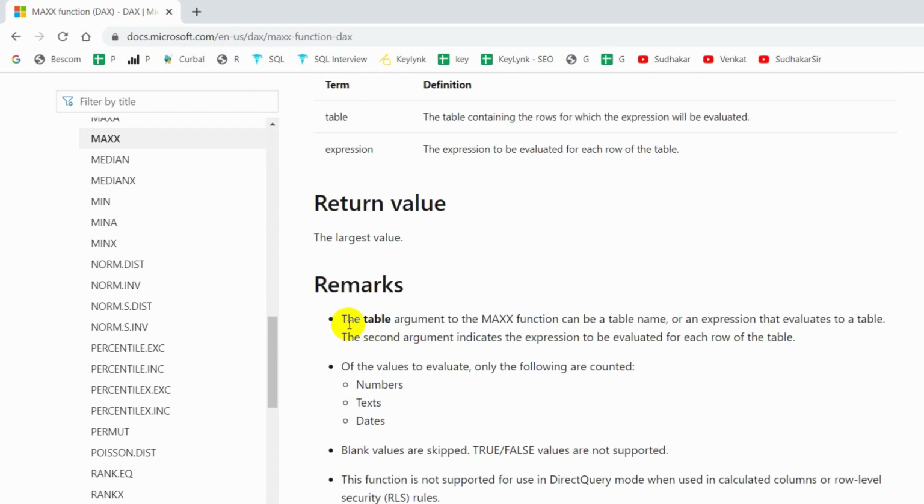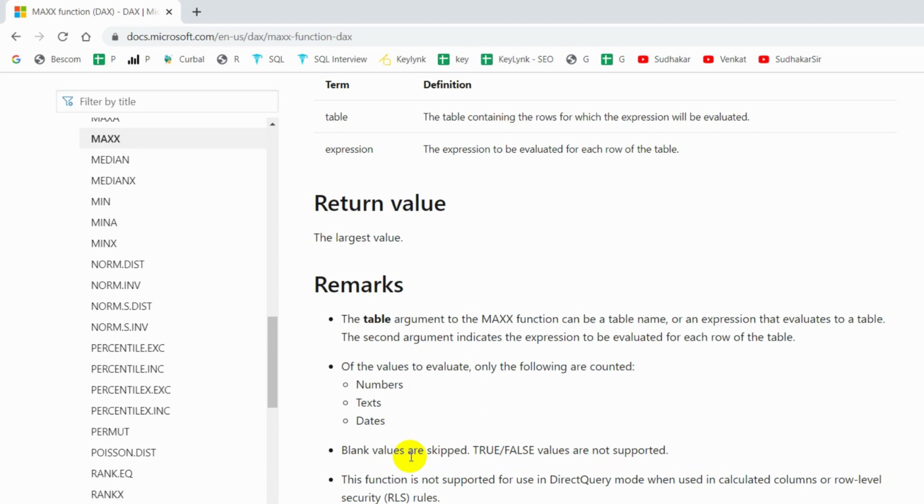Remarks: the table argument can be a table name or an expression that evaluates to a table. The second argument is the expression to be evaluated for each row of the table. That means MAXX will work for numbers, text, and dates.